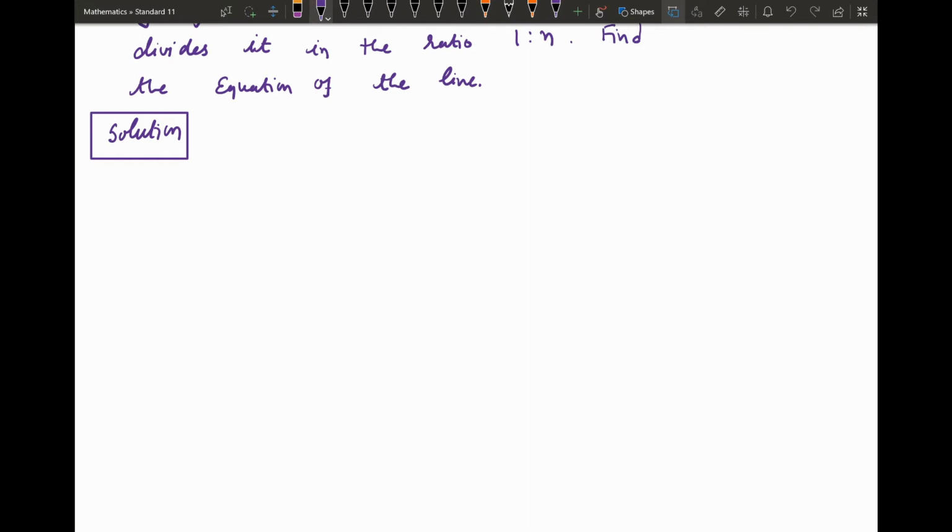So let A (1, 0), B we suppose (2, 3). Now suppose line PQ divides line segment AB,